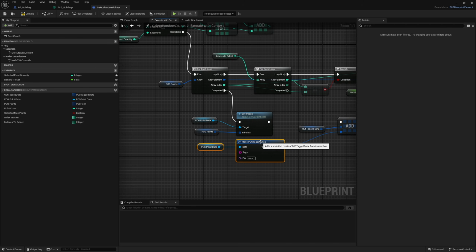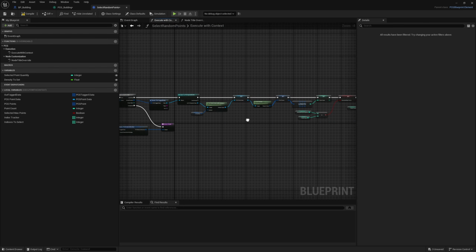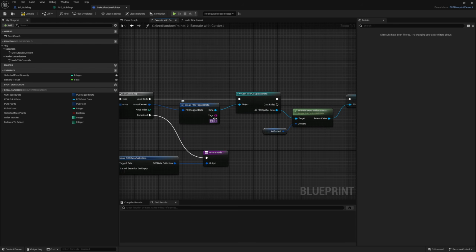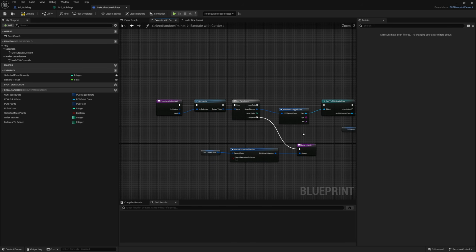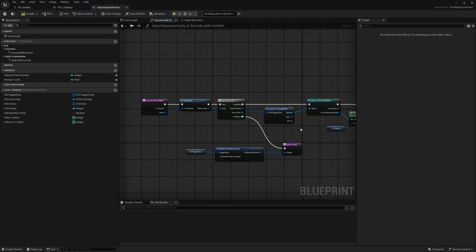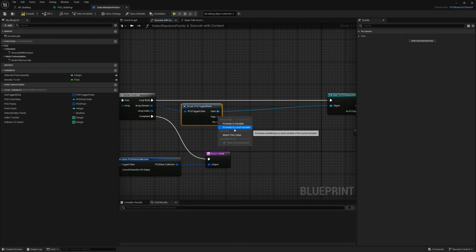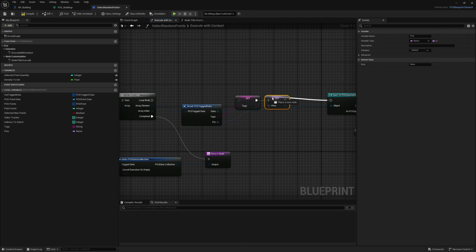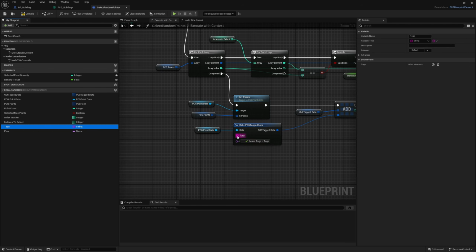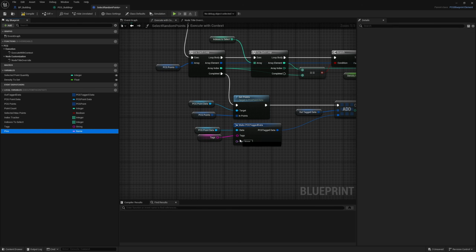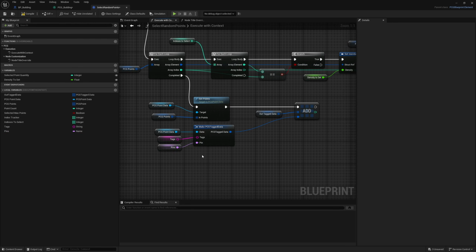Now, to make sure that we keep our tags and pins also in here, I'm going to go over to the start. And you can see we have those variables. We have the information here. So what I'm going to do is take this and drag it to the side, and I'm going to promote these to local variables. And we're going to set these right here, just so I don't have to drag this all the way across. But I can plug the tags into tags and the pins into pins. This isn't required, but I want to make sure that any tags or pins that we had on the points